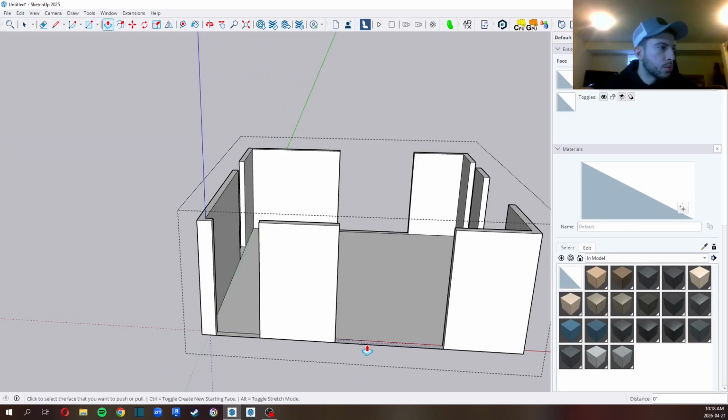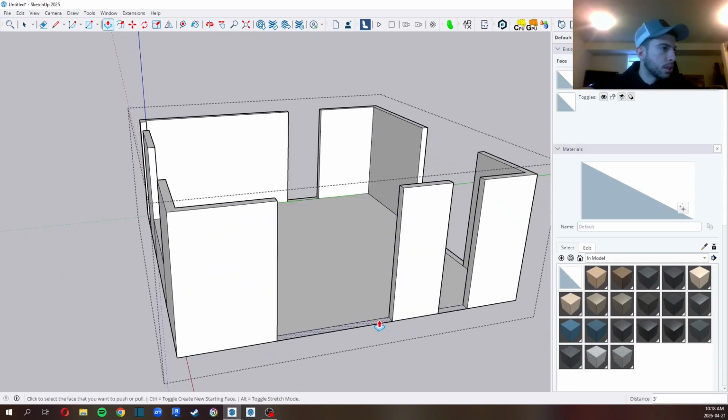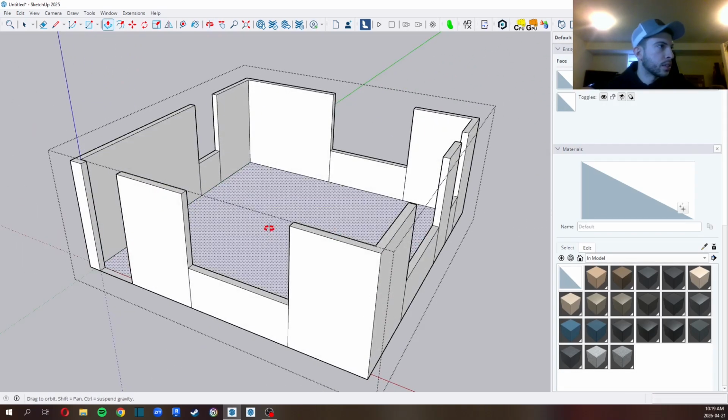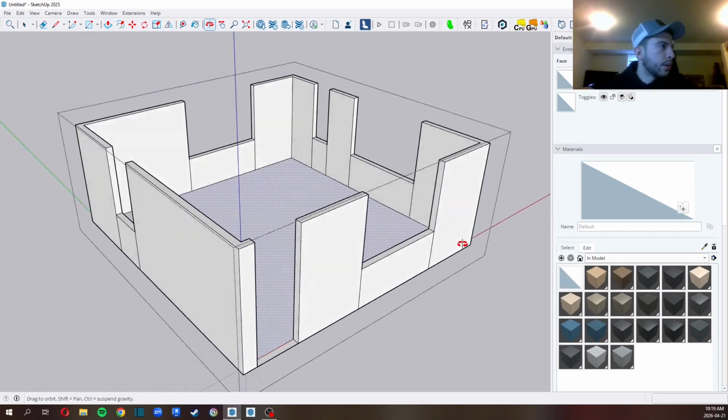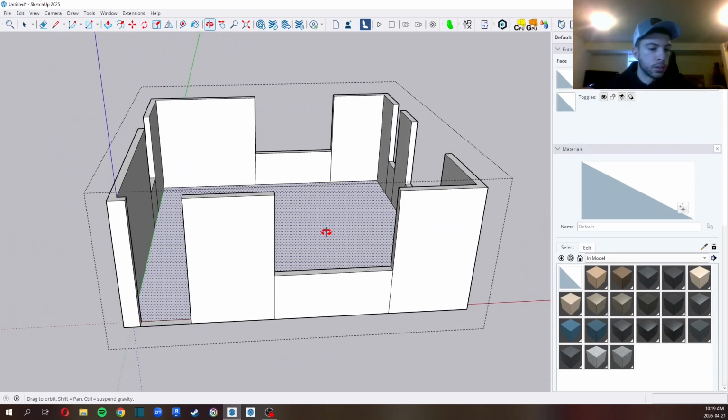So for the windows, we're going to frame up from here, let's say 3 feet. So you're going to click, drag up 3 feet, enter. And then again, you could do that, double clicking on each face. So now I have my windows, and then I'm going to hit E for the eraser and get rid of